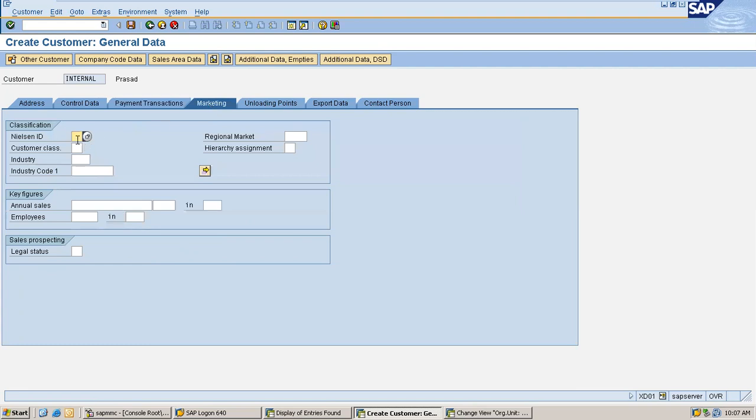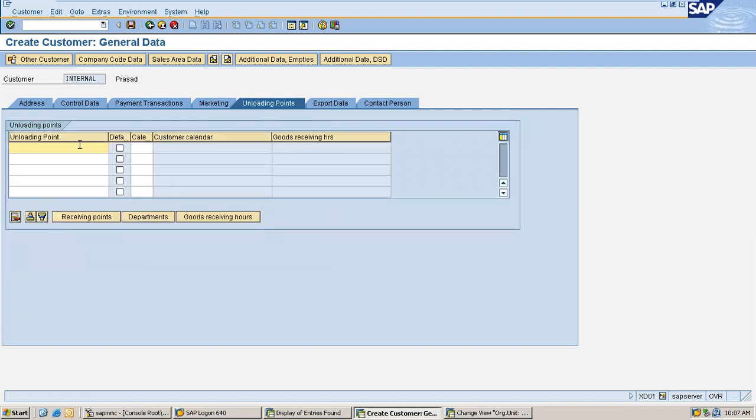Then marketing. So you have a marketing section here. You can maintain several other options. We will see them tomorrow. Maybe we'll finish it today itself. Okay. Then you have unloading points. So this unloading points means,